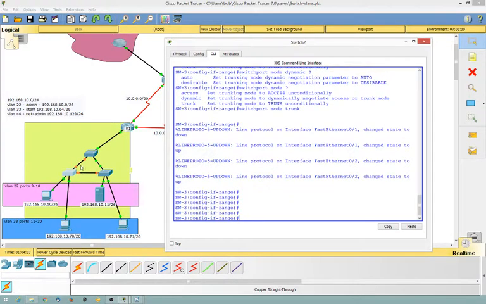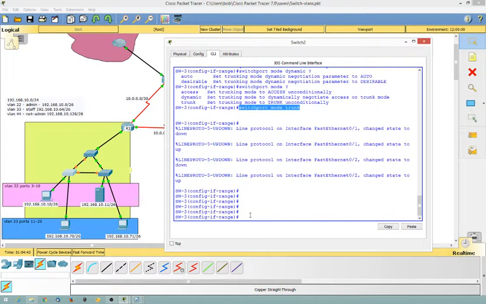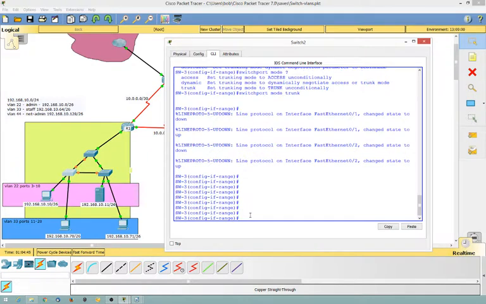Now we've pulled the whole thing down. You can see the lights have all gone off. It's going to have to renegotiate spanning tree and all the rest, but that's okay. You just type switch port mode trunk. Now what we're going to do next is actually type in switch port trunk, and we're going to take the native traffic off VLAN 1, which it is at the moment, and put